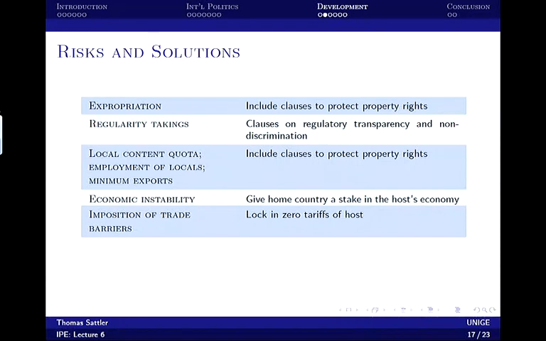But the second risk is that your home country suddenly increases tariffs on those cars that you now want to export from Brazil to Germany or to the United States, right? So that risk is actually fairly real. That's what President Trump proposed to do, that he imposes tariffs on those goods that were produced by American firms but outside the US. So another purpose of these PTAs is actually to lock in zero tariffs in the home country, in this case the United States.